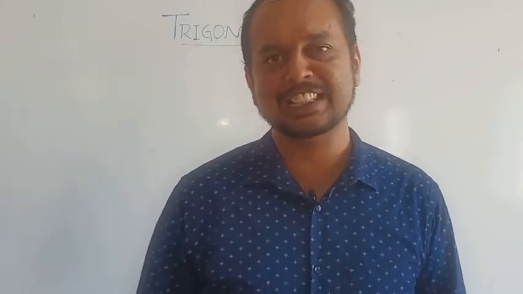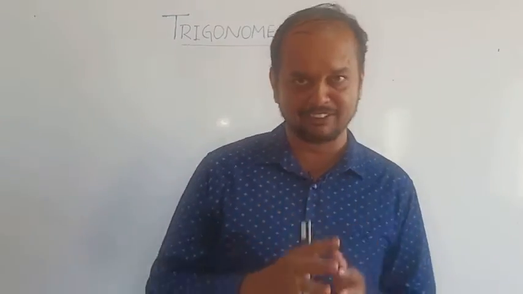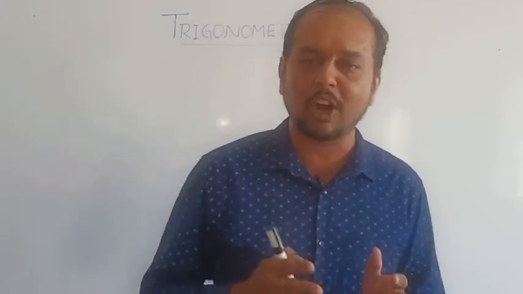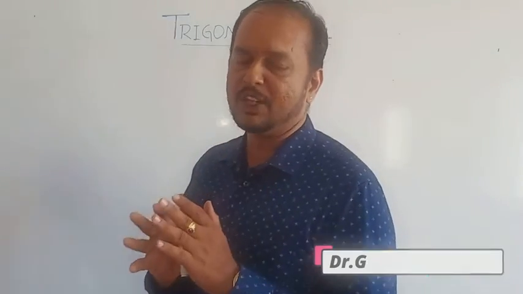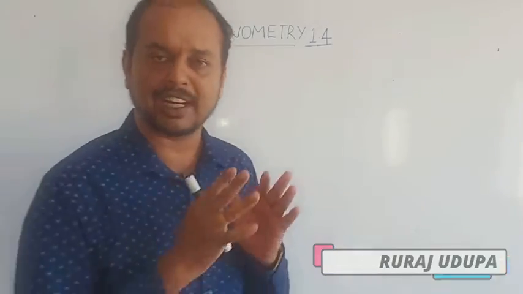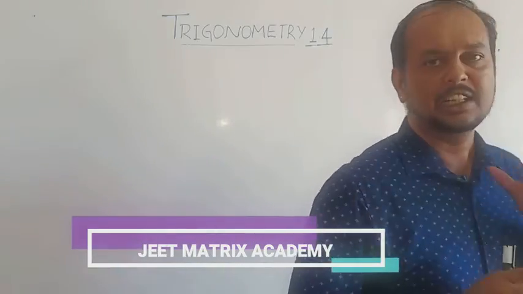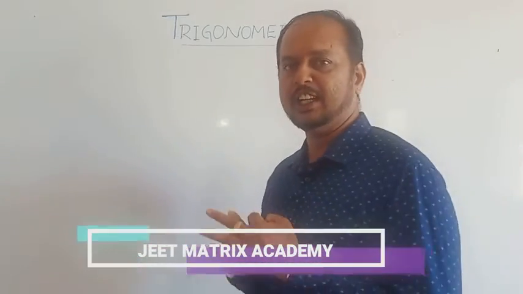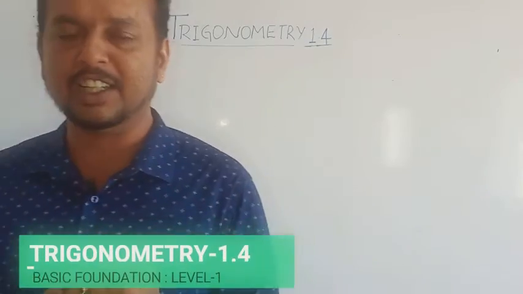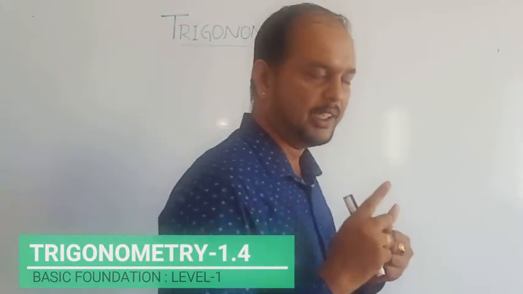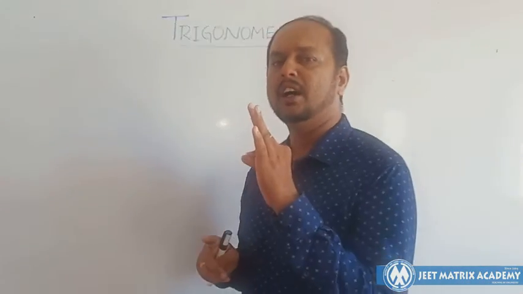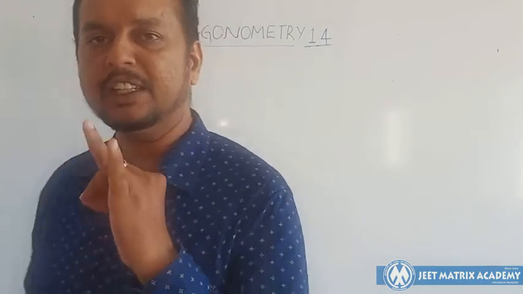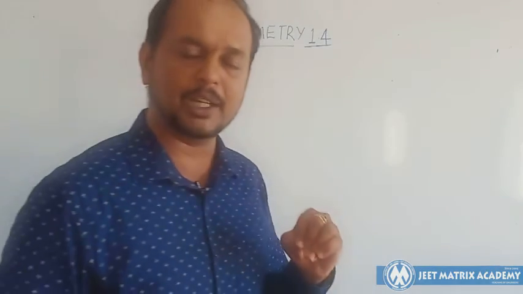Today we'll discuss a new concept, that is the angle wheel. Before that, we'll try to recall what we studied in the last class. We were discussing the values of standard trigonometric angles. That means 0 degree, 30 degree, 60 degree, 45 degree and 90 degree. I mean to say again, it is 0 degree, pi by 6 radian, pi by 4 radian, pi by 3 radian and pi by 2 radian.